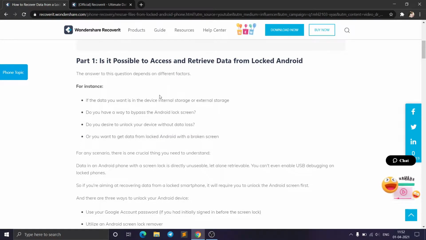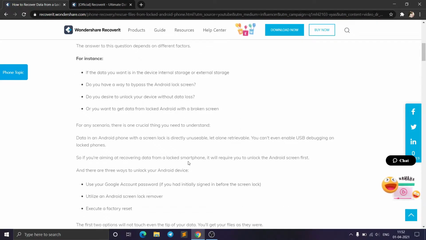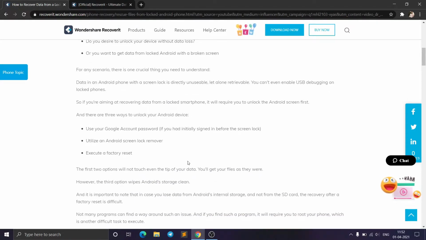Here are the steps given, but you know, is it possible to access and retrieve data from a locked Android phone? First question is that, it is not possible, because if the Android phone is locked, you can unlock it using a Google account password or a Google Android lock screen remover.